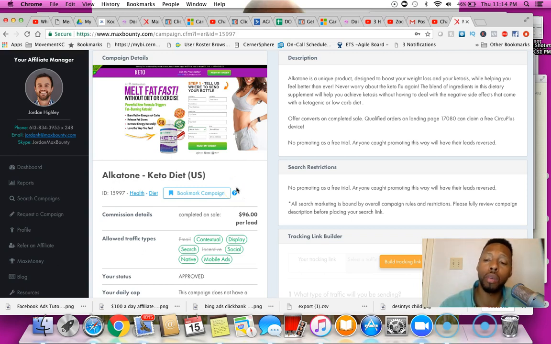Something very important to remember when you're advertising: $96 per lead. Some of you guys may get blessed and get a sale on the first day just for spending $25. Some of you may have to spend a little bit more. Some of you also may spend up to $96 and may not get the sale. And the reason I say $96 is because the general rule of thumb is if you spend the same amount as you would get for commission, you can spend up to that and still not get a lead.